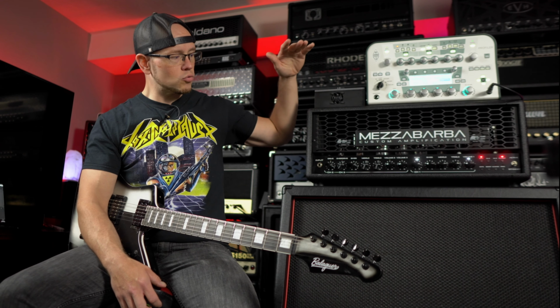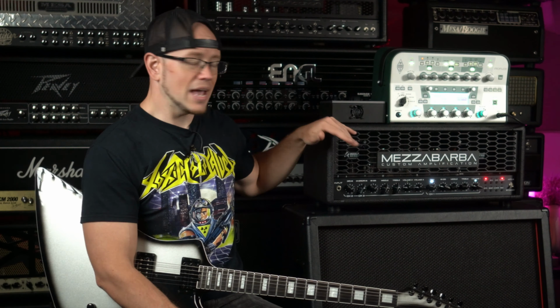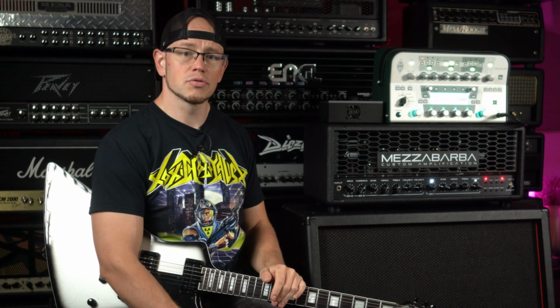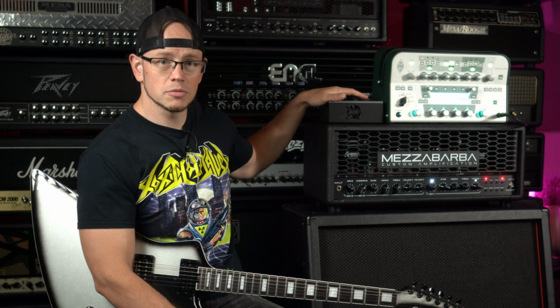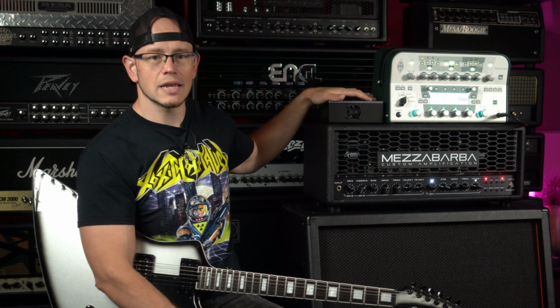So for that, we are running the Kemper currently through the 6L6 power section of my Mezza Barba Trinity. And then I also have a Seymour Duncan power stage here. We'll hear how these things sound through a somewhat flavored tube power amp, and then through what is supposed to be a very clean, very accurate reproduction, solid state power amp in the